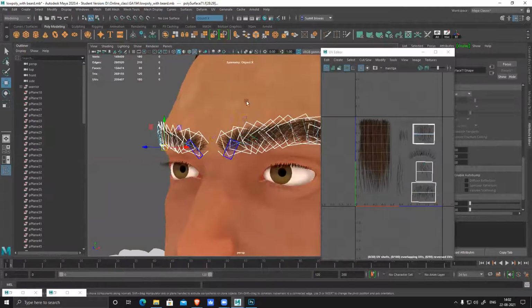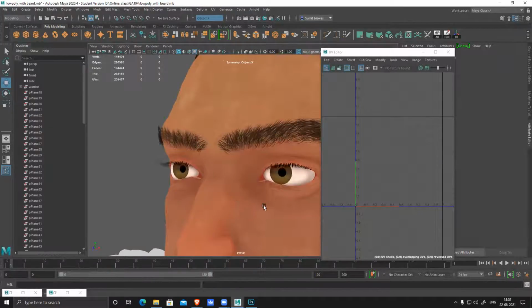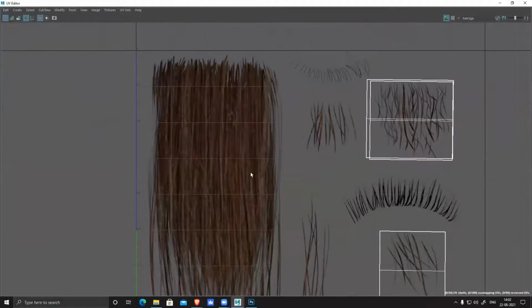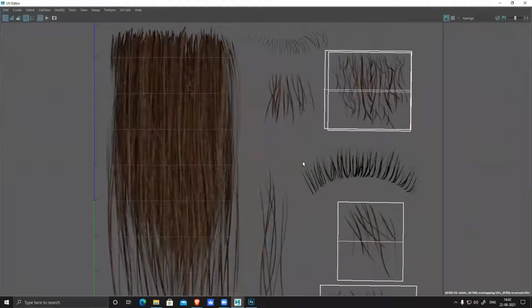It's all about that. Sir, how did you put the texture? Alpha, I painted it in Photoshop. But this is alpha and diffuse together. Yes, for alpha you have to create an alpha channel, right? Yes, sir. So I created a texture. I created the texture, and then I created the alpha map also on top of the texture map. Then I copied it and pasted it into the alpha channel.